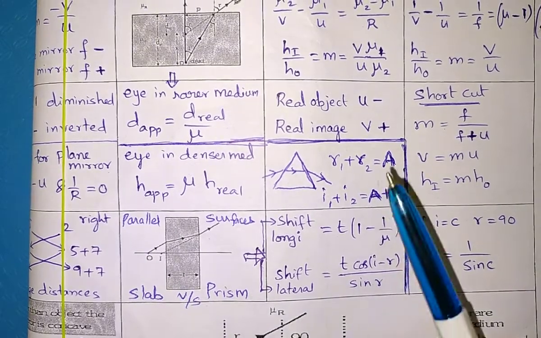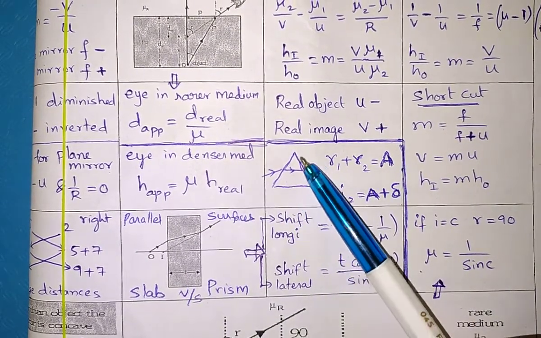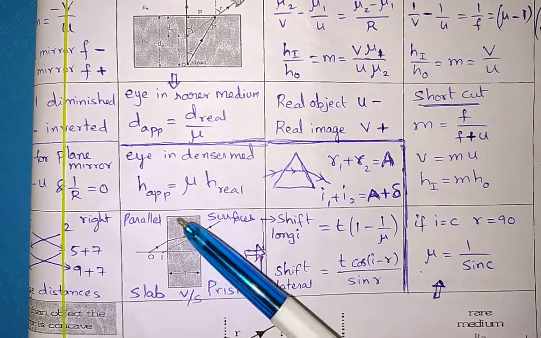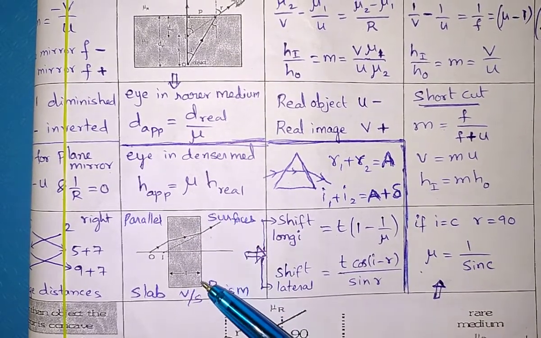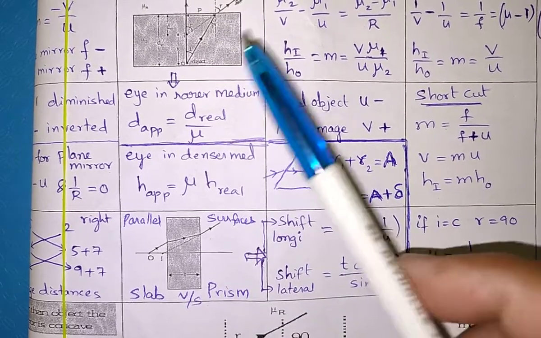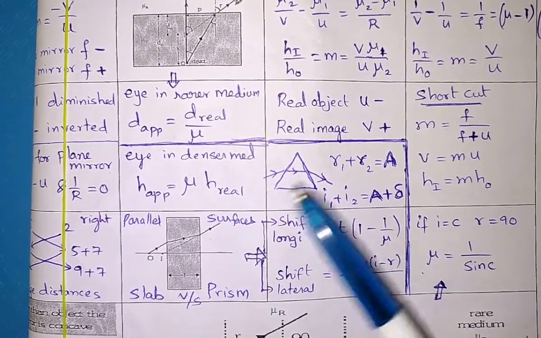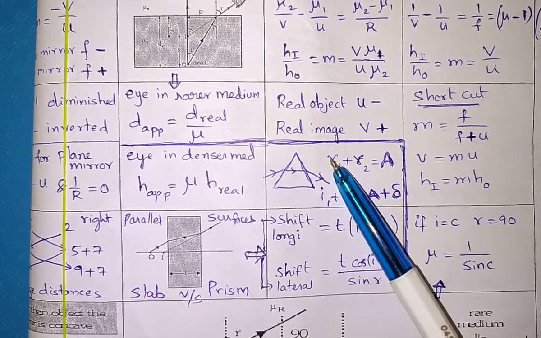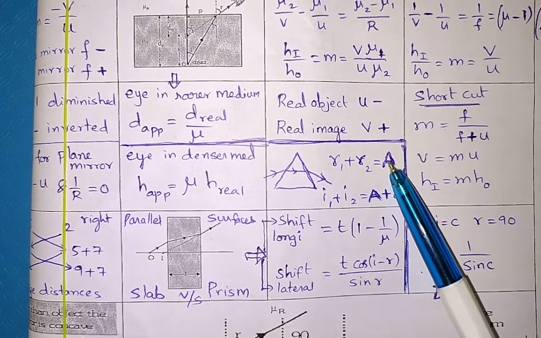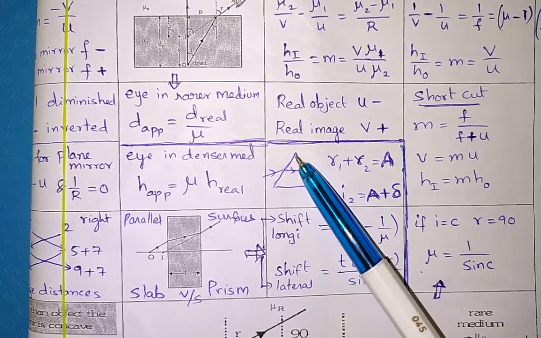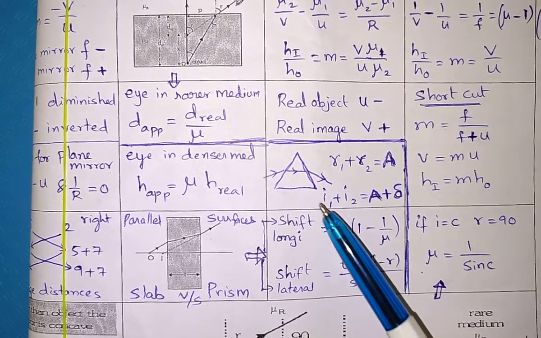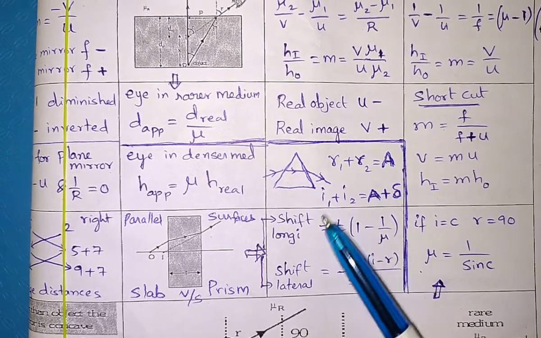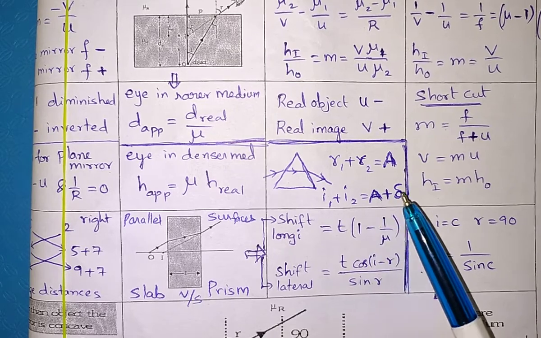Now coming to prism. Prism also has plane surfaces only, but the thing is these plane surfaces meet. In a glass slab the plane surfaces are parallel. So there is refraction at plane surface, refraction at plane surface, refraction at plane surface. Here the refracting angles r1 plus r2 sum will be equal to the angle of the prism, where these two surfaces meet. Similarly, the angles of incidence with respect to the normal on both sides, their sum will be equal to angle of prism plus angle of deviation.